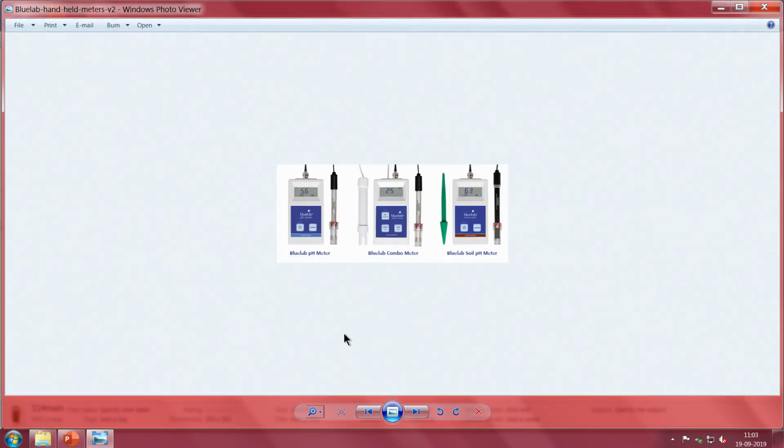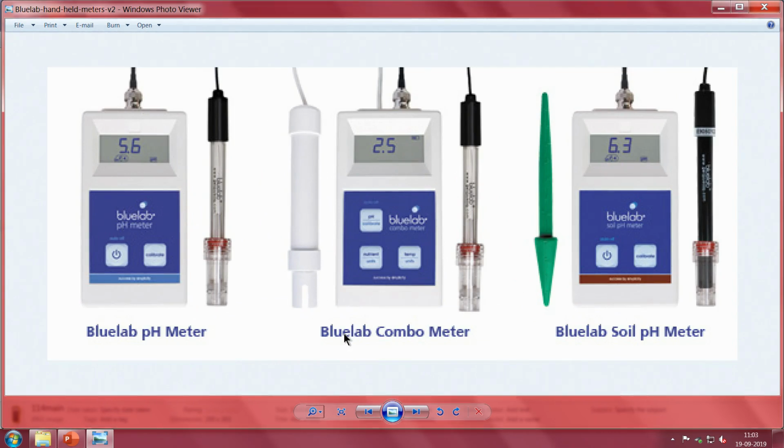Now, you see here, generically it is probably the same measurement device, except it is measuring soil pH by having a soil probe. Then it is a combo meter, that is, several of these things attached together, or a simple pH meter for you to check around in your labs and so on.